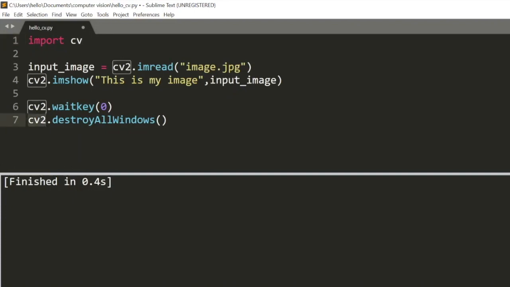If you don't like having cv2 over here, what you could also say is import cv as, I should actually say cv2. I don't know how I messed it up. Make sure you are saying import cv2 over here. And you could also say import cv2 as cv. If you don't want to use cv2 every time, you could say import cv2 as cv. Then you can change all of these to cv. But I don't want to confuse everyone. So stick to this. Use import cv2, and then everything else will be cv2.